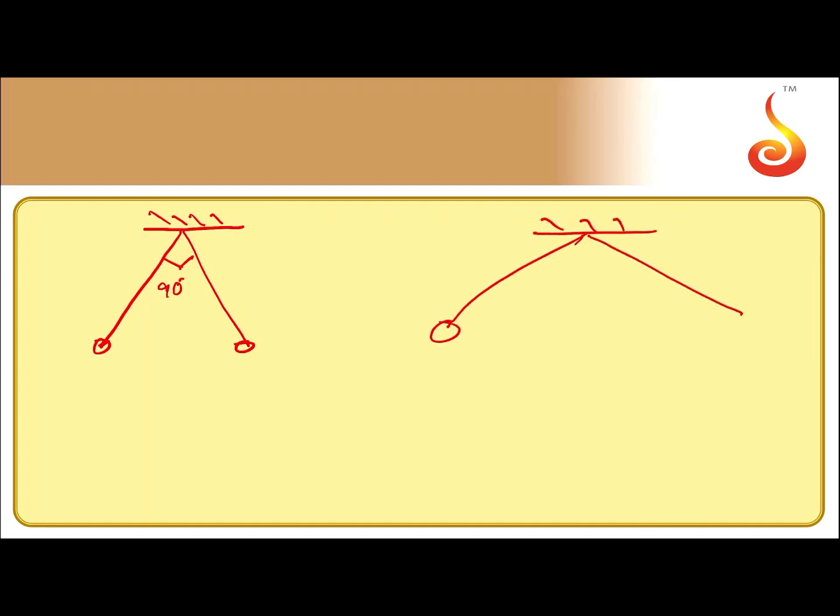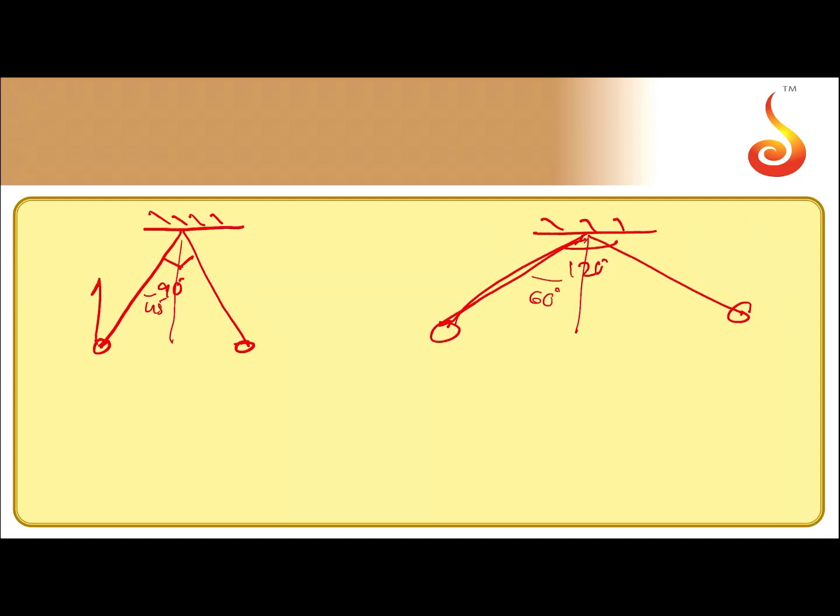So the construction can be shown like this. It's basically a suspended sphere problem. The charged conductors can be shown like this. First of all, the angle between them is 90 degrees, and in the second case the angle between them becomes 120 degrees. So the half angle is 45 degrees in the first case and 60 degrees in the second case. Now what are all the forces?